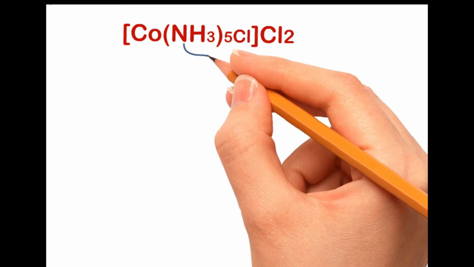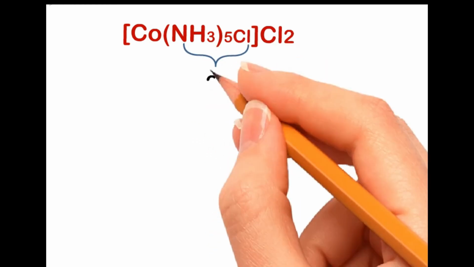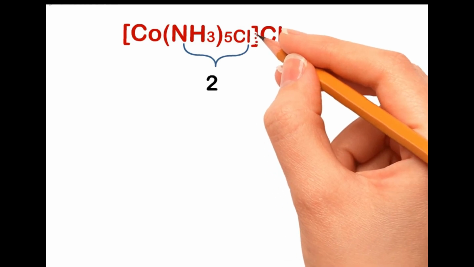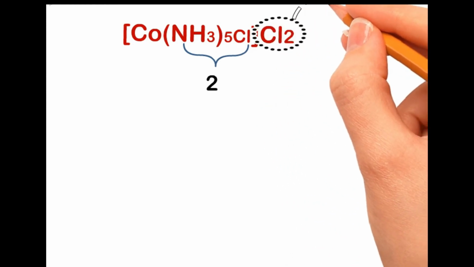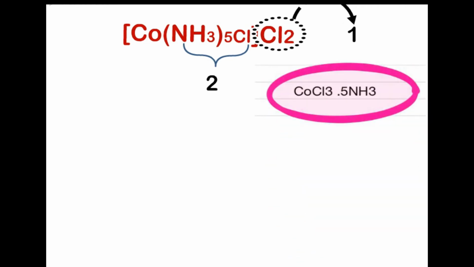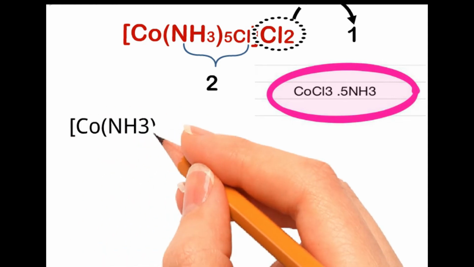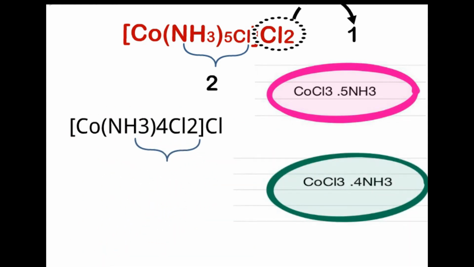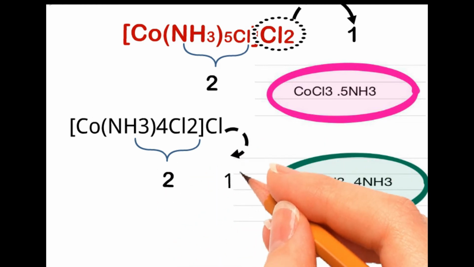Here see this. In this compound, Co(NH3)5 Cl, Cl2. This is totally Co, NH3 5 times, Cl 3 times. The global secondary valency is 6. First it satisfies the secondary valency, then we move on to the primary valency. So we take the 5NH3 plus Cl as the secondary valency, then we move on to the primary valency, Cl2. So this chloride is the primary valency. It exists in the color pink. Similarly, this compound exists in the color green. Okay.